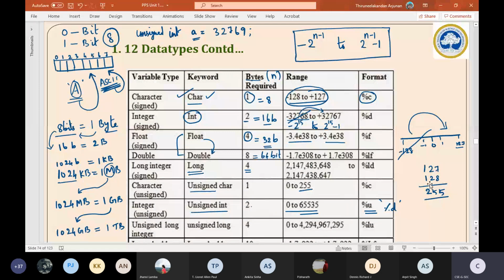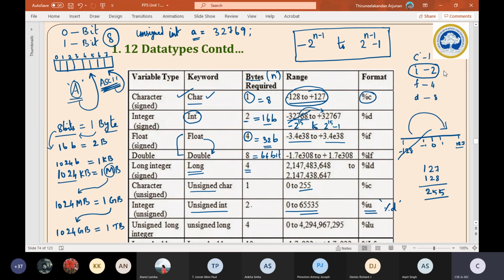The only point you need to remember here is integer will occupy 2 bytes, character will occupy 1 byte, float will occupy 4 bytes, double will occupy 8 bytes. So remember character, integer, float, and double. Suppose you want integer itself to occupy 4 bytes, you specify it as long.